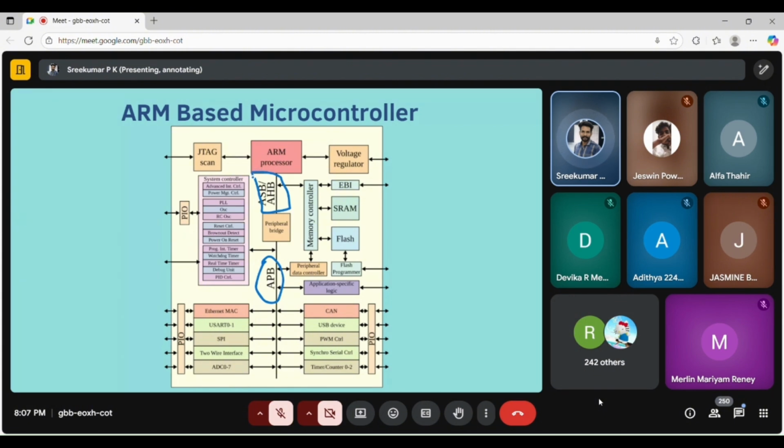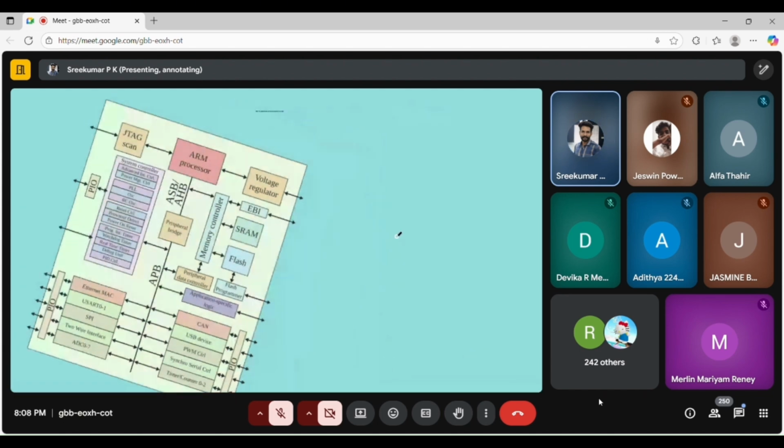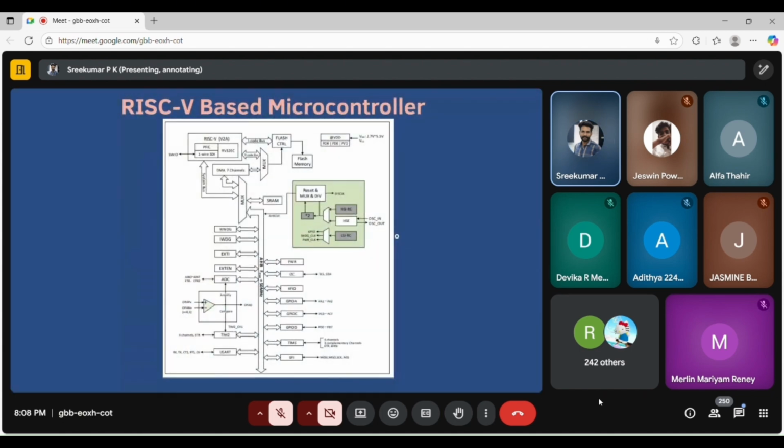So these are the two buses which connect memory and peripherals to the ARM processor. Now see the same in a RISC-V based microcontroller. You can see the RISC-V core here, RV32EC.